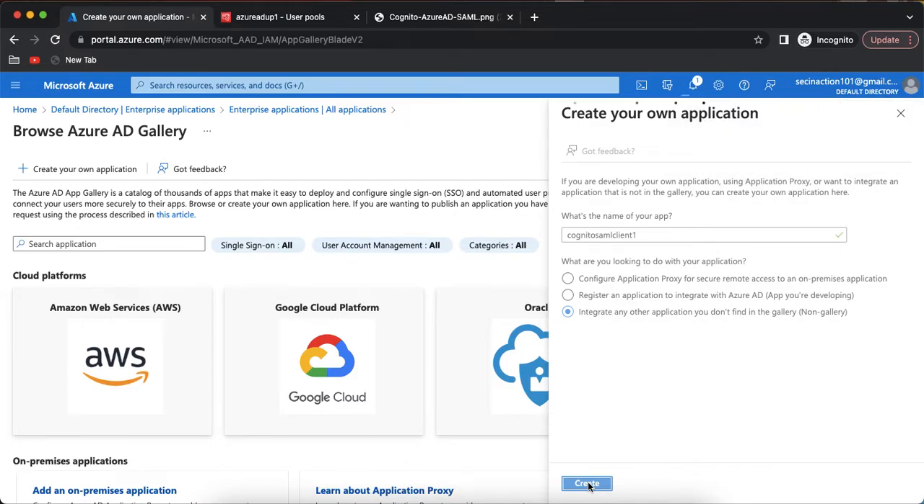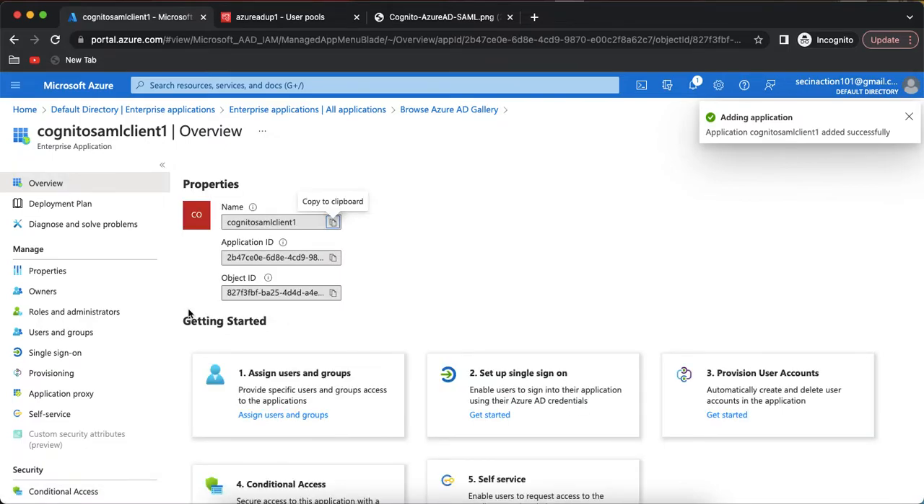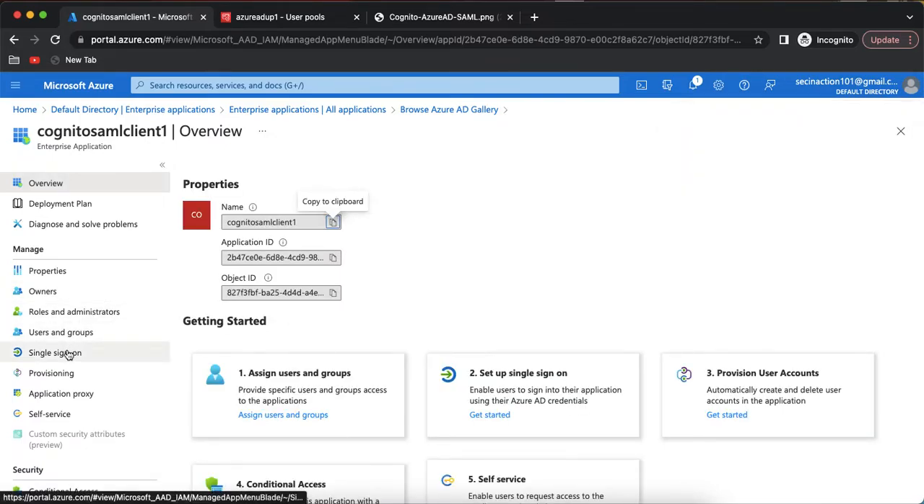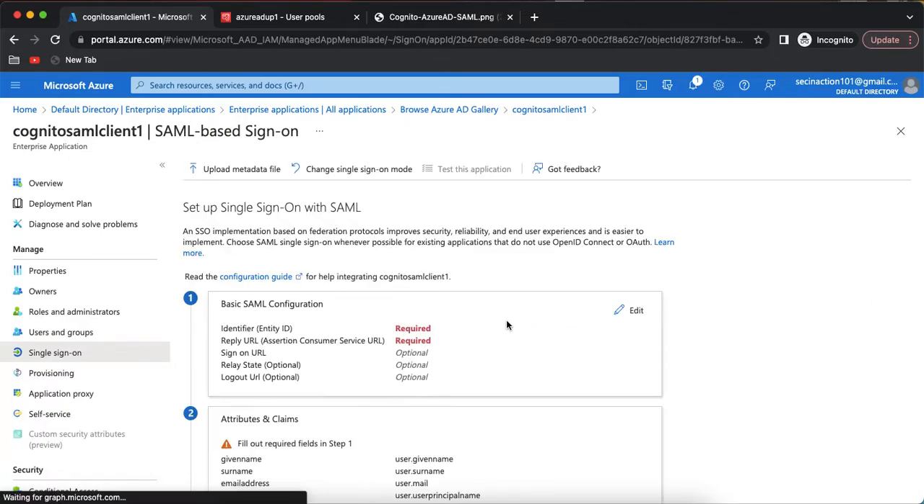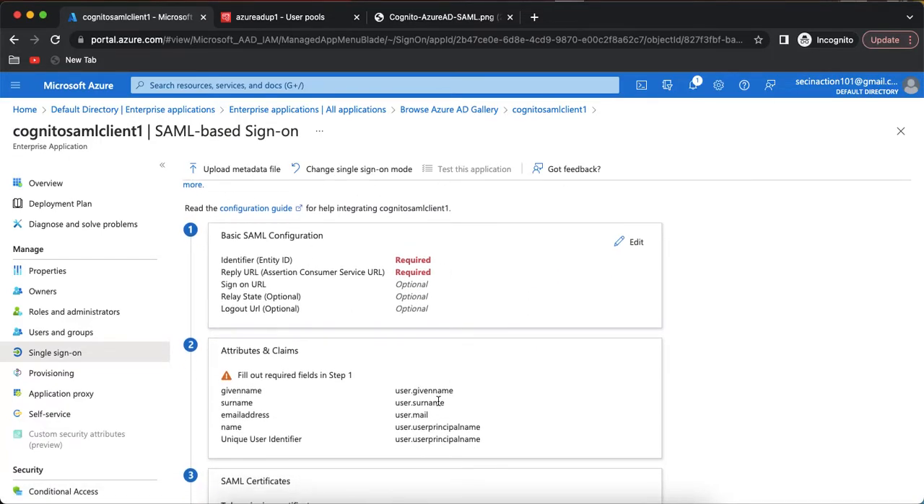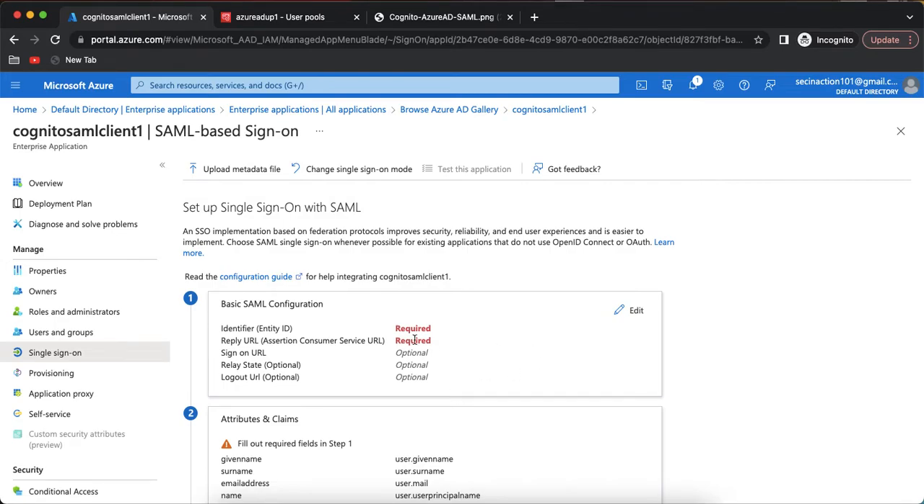It will take a few seconds to create that application. Let's wait for that. Yeah, now the application is created. Let's go to this single sign-on screen and then you will see this SAML option. Click that SAML. So here you need to do all the configurations for the SAML service provider, which in this case is Cognito. So let's go step by step. So these two values are required, the entity ID and the reply URL, which is actually the assertion consumer service URL. So let's click edit,